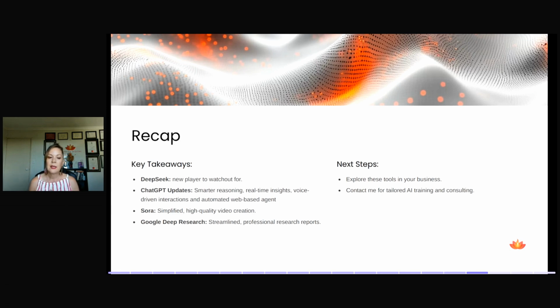Definitely something to play with. And ChatGPT, it's getting better all the time, although we'll have to wait and see what happens. And Sora is pretty good. It's fun to play with. You can get stuck on it for hours, just tweaking things and trying to do different things on there. But the fact that you can now create video at your fingertips is pretty cool.